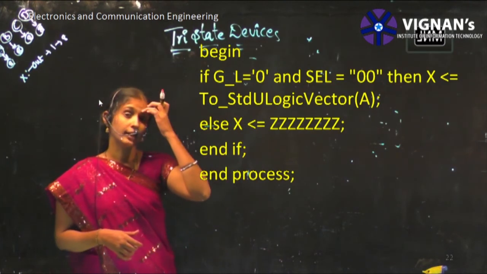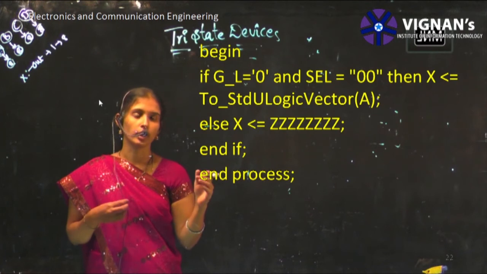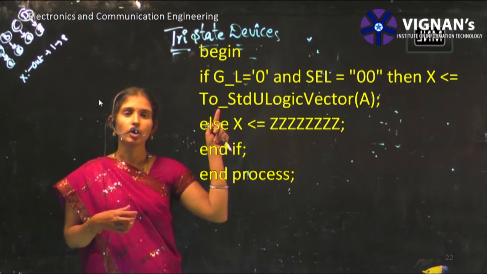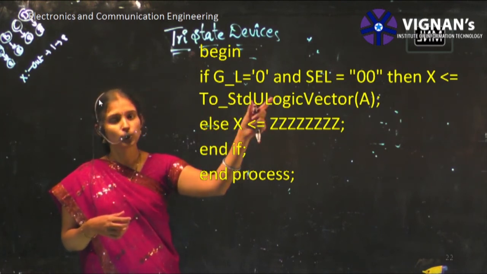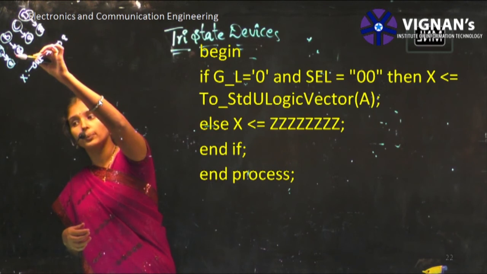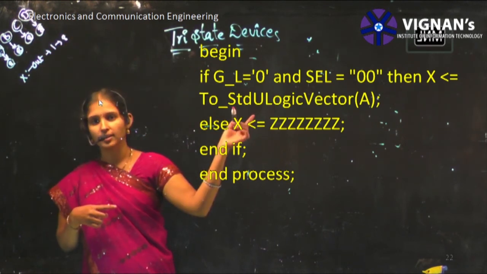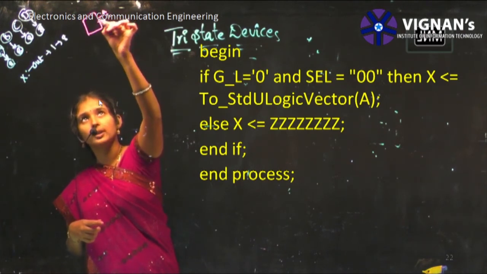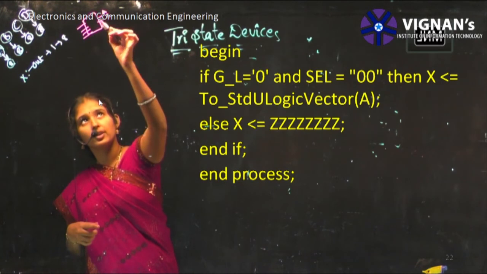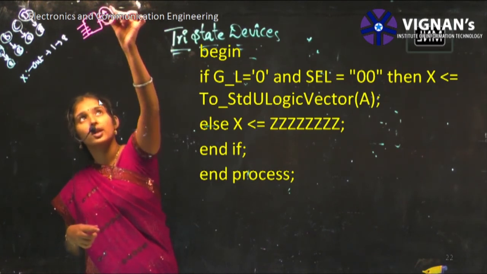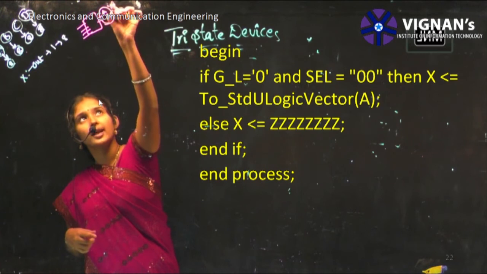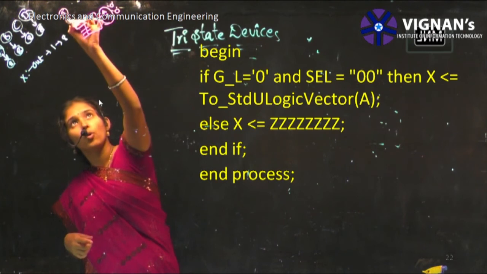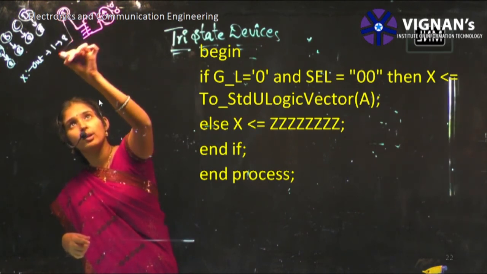There you have used a decoder, like a 2 to 4 decoder, so the 2 inputs act as your selection line inputs. Depending upon your selection lines, you can access either A or B or C or D. As you have seen here, a decoder has 2 inputs A and B, so only one output will be activated. These 2 act as selection lines. If the selection line is 0 0, then the A data bus will be activated, so whatever data is present in A will be sent to the common bus.